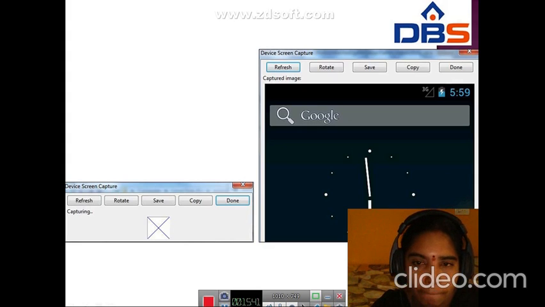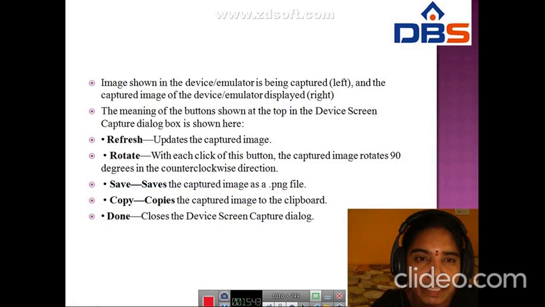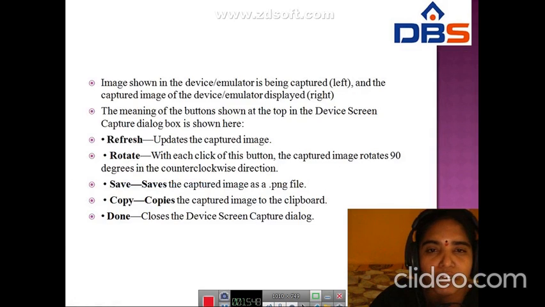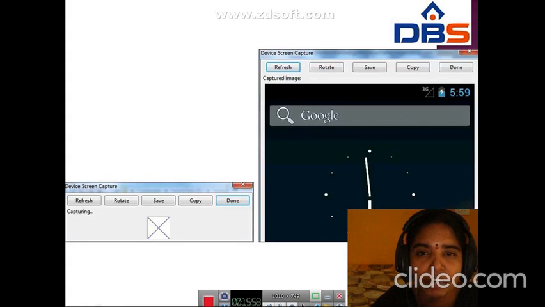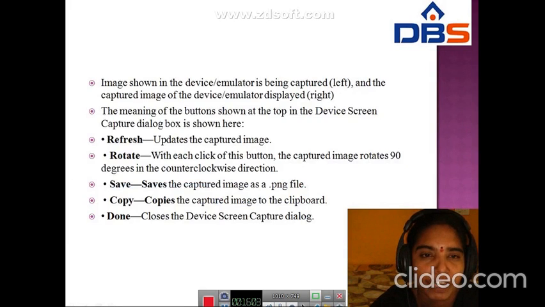In the figure below, the screen shown in the device is being captured on the left side. The captured image of the device is displayed on the right side. The buttons at the top of the device screen capture are: Refresh, Rotate, Save, Copy, and Done. Refresh updates the captured image.